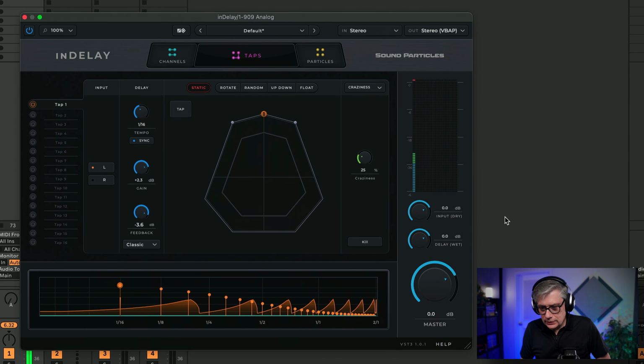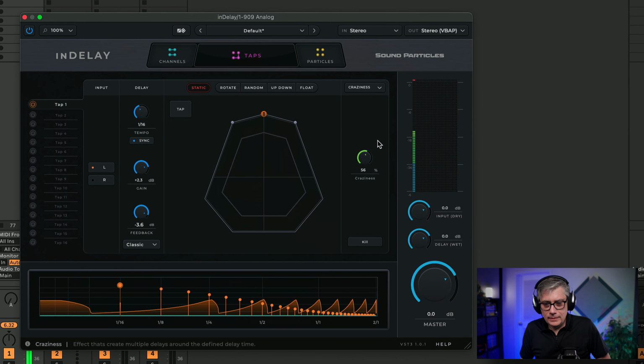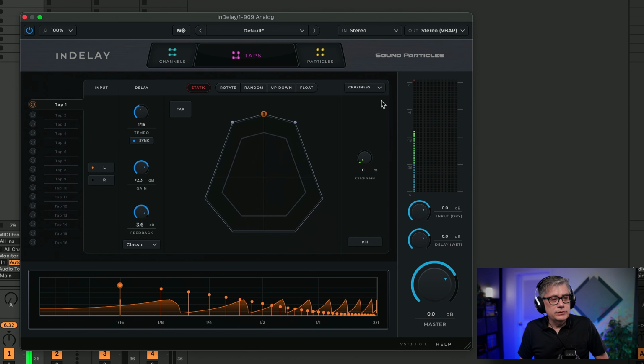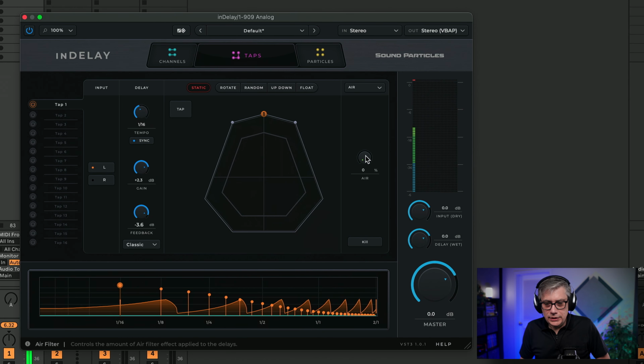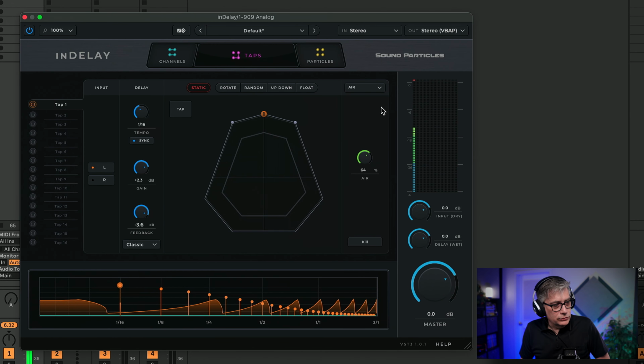Let's put the delay back to 0, to play around with it. The manual doesn't really specify exactly what it is, but it does something, and that's quite interesting. And then we have an air button where we can essentially increase the air. I'm not quite sure if that's something that can be heard here, especially through YouTube.